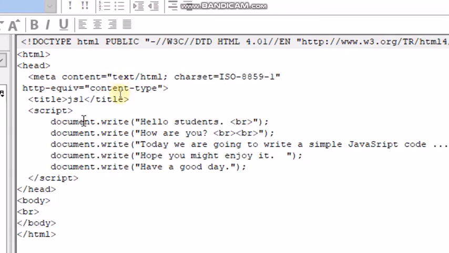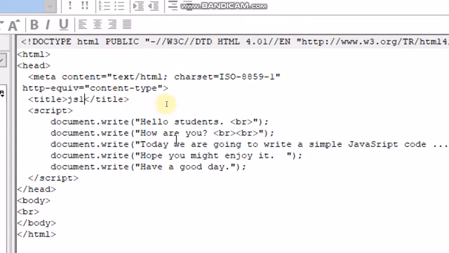Now children, within script tag, we have written this statement using JavaScript. Here, document is an object and write is a method. So, method named write is a part of an object named document.